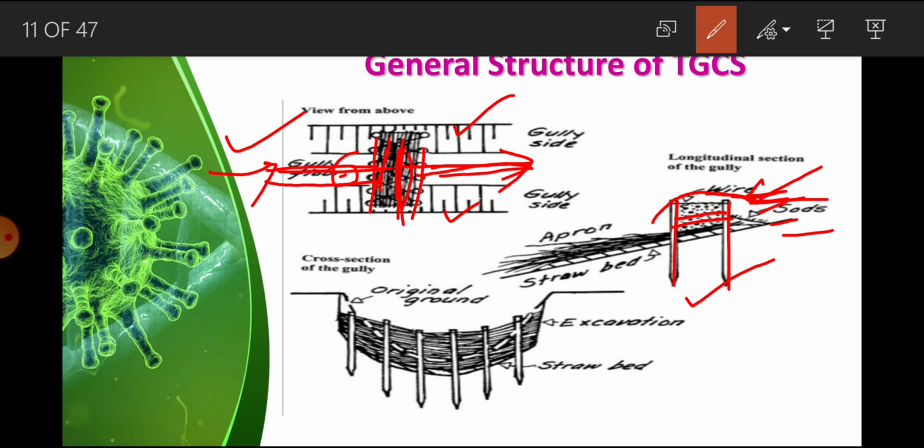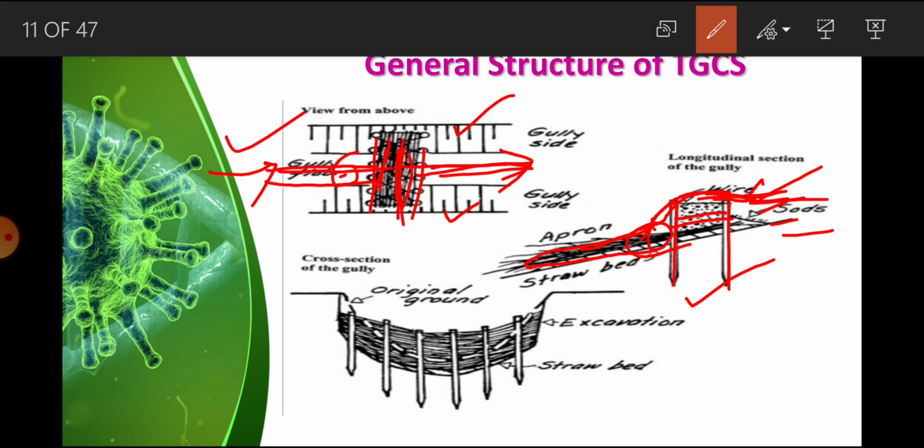But say for instance, if water or runoff is flowing over the dam, then at this particular point there is a chance of waterfall erosion. So to avoid this, some straw or some boulders can be kept here, so that when water falls here, there will not be any soil erosion due to the striking of this water. So this apron could be kept for protection, and this could be up to 1 to 1.5 meters or so.